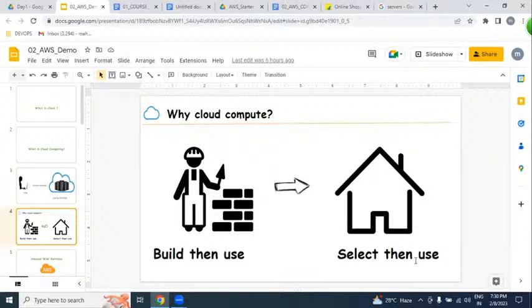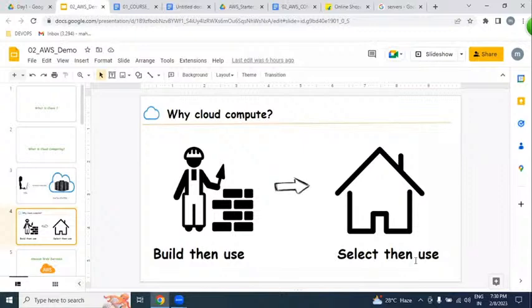But if you buy a server, we have to keep servers in a data center, like a big room. Who will pay the rent every month? Who will pay the current bill? Employee salaries. There is a lot of headache.